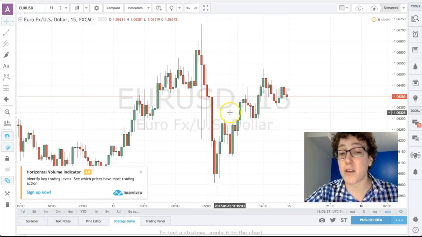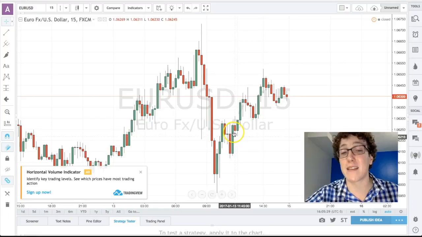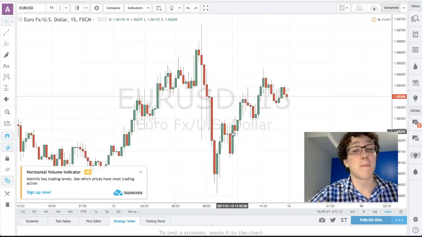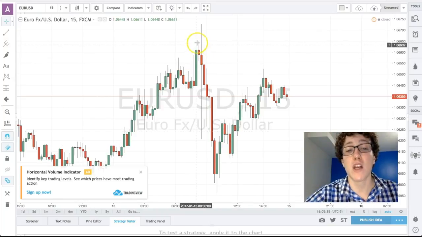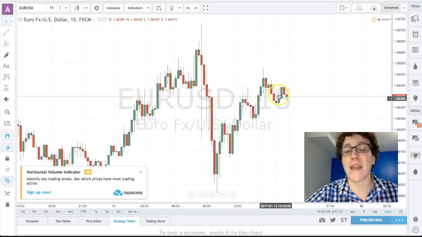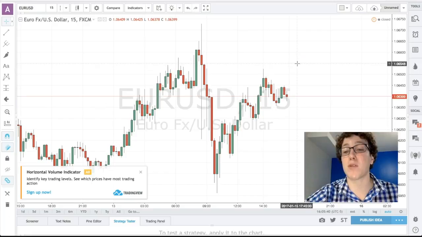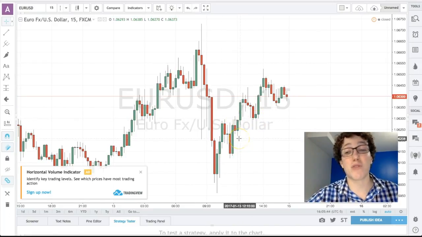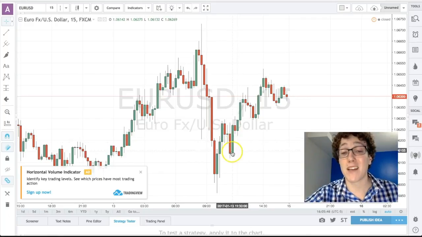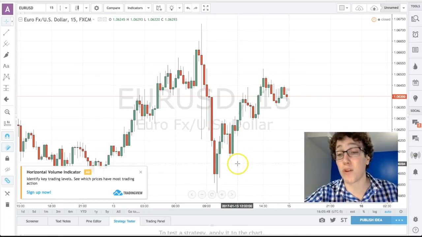Now, usually after the retracement, it struggles downwards in the same direction that the news was. However, for some reason, the US dollar has been very strong lately, so it shot downward because of the news, but then it climbed back up to about the same spot that it started at the day. So usually after the retracement, I don't try to make too many trades because I don't know exactly which way the market will be going.